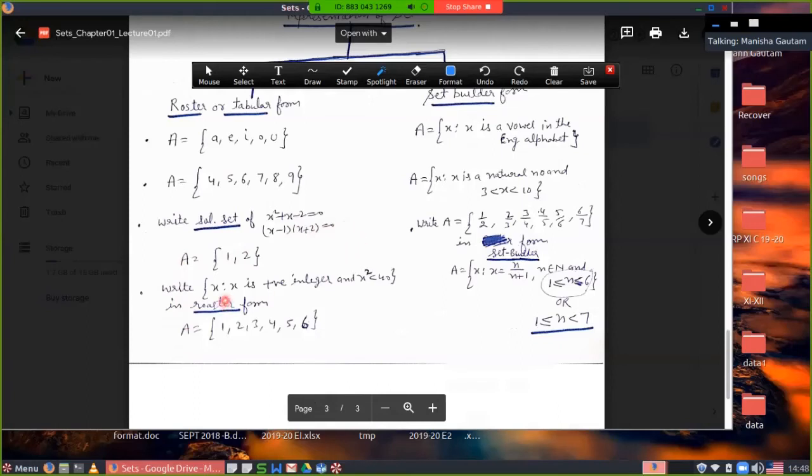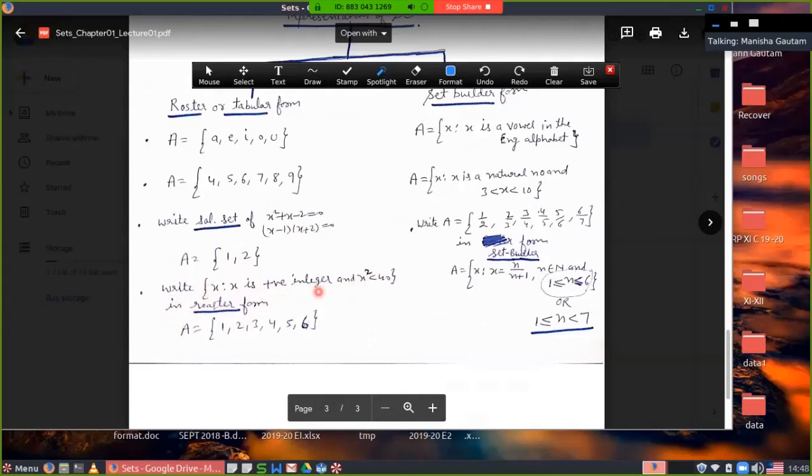And I have given you an idea to write 1, 2. I can write 1, 2 as same as you can write 1 and minus 2. Write x colon sign, x such that x is a positive integer and x square is less than 40. Write this definition as a roster form.